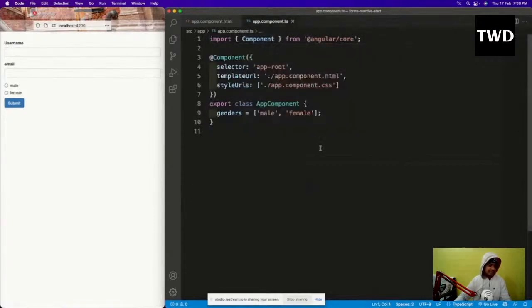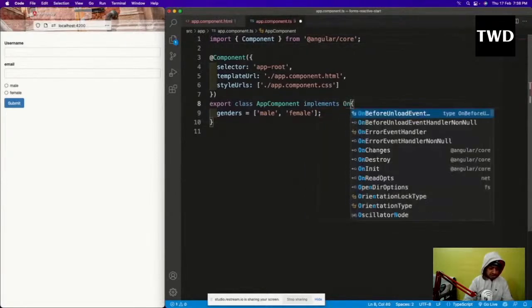Now in the app.component.ts file. Why are they known as reactive forms? Because reactive forms start with the ts file. More coding. It is not that there won't be code in HTML. There will be, but the code will be mainly driven from the ts file, not from the HTML like in template driven. The HTML files are also known as templates in Angular. So export class AppComponent is there, and here I will do